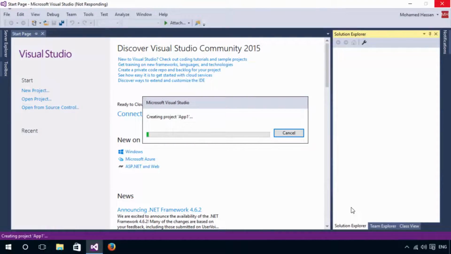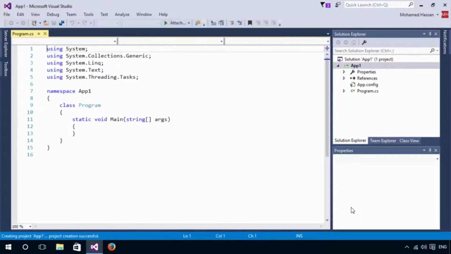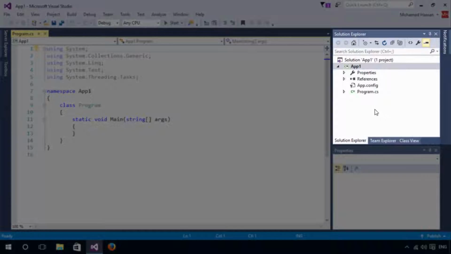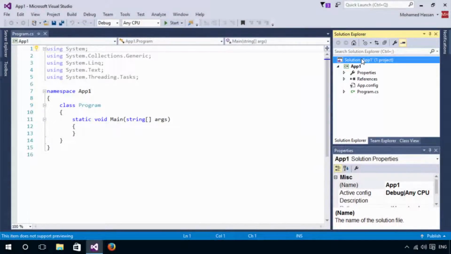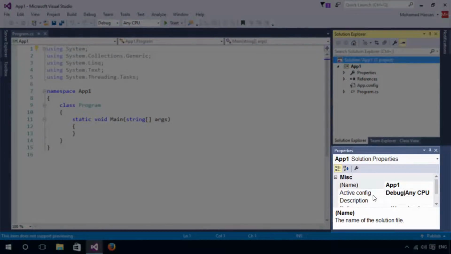Visual Studio will start creating some files for us, and we're going to take a look at them. So on the left hand side here, we have the text editor where you're going to be writing your code. On the right hand side here, we have the Solution Explorer again. There is our solution, and as you can see, when I click the solution, there are some properties here that